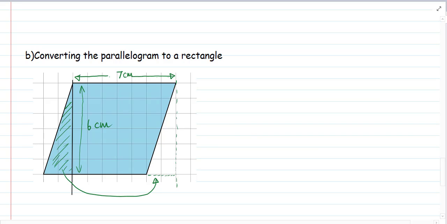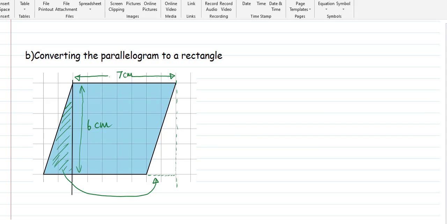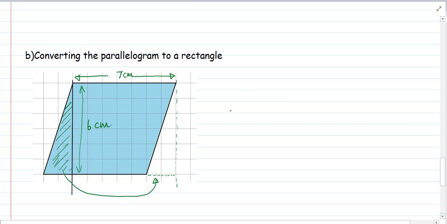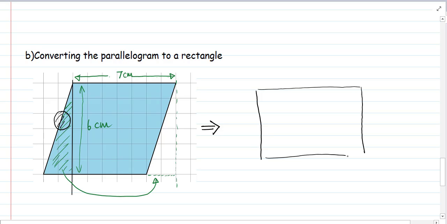Okay, now after this process, I'll draw the new figure. You can see after moving this portion here, we will have a new rectangle, right? Like this shape. Clear? If I write A, B, C, D, E and F, my new figure is,